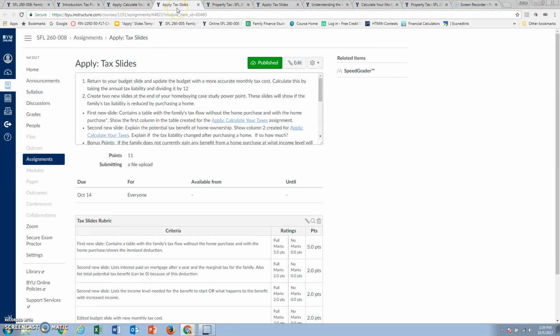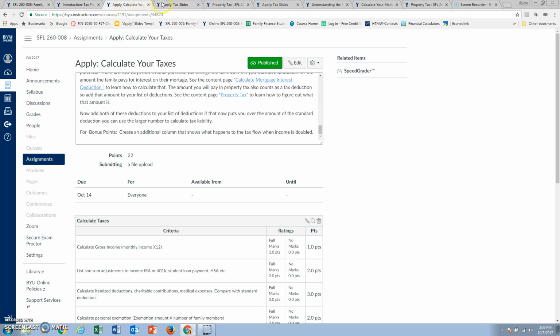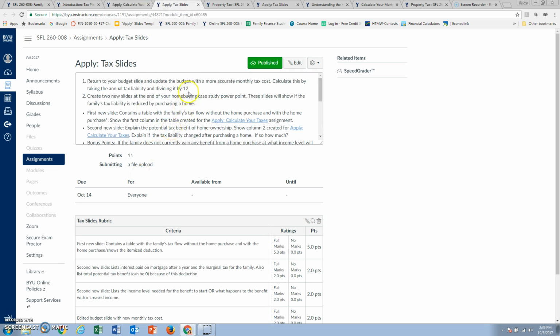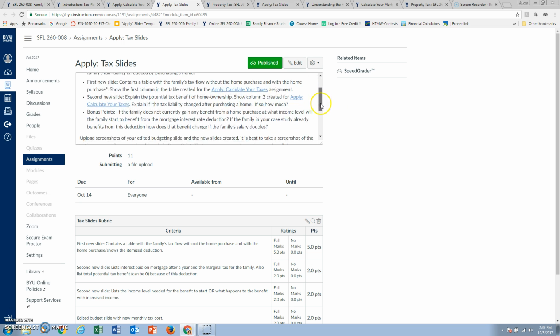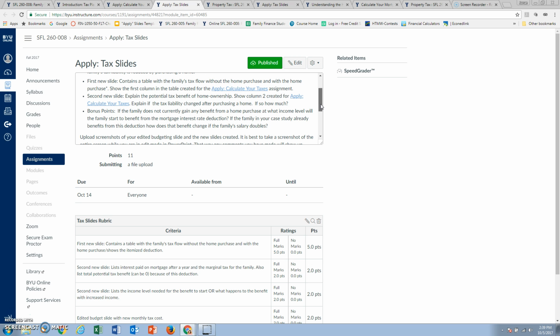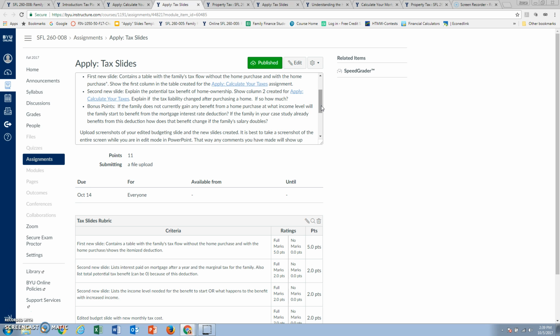You're going to calculate that, and then you're going to go to the apply tax slides. You're going to go back to the budget slide that you created earlier, and put in the more accurate number for your tax liability. So you're going to take the tax liability that you found doing this assignment, divide that by 12, and add it into your budget. Then you're going to create one slide that talks about what the family's tax liability is before buying a home, and a second slide that talks about the family's tax liability after purchasing a home, and then you're going to discuss whether or not that actually reduced the taxes for the family. You will notice there's a little bonus activity. Some people are tax experts already, and so they're